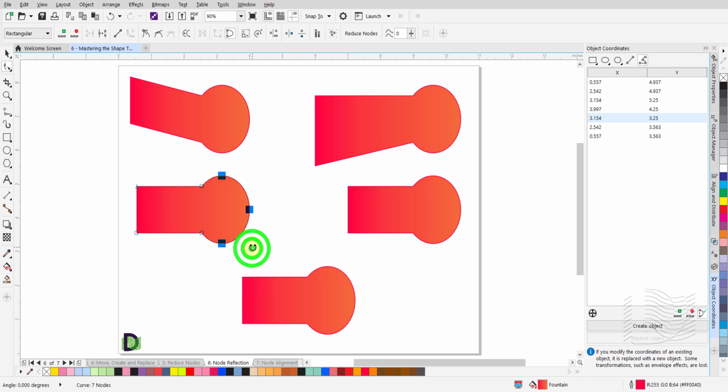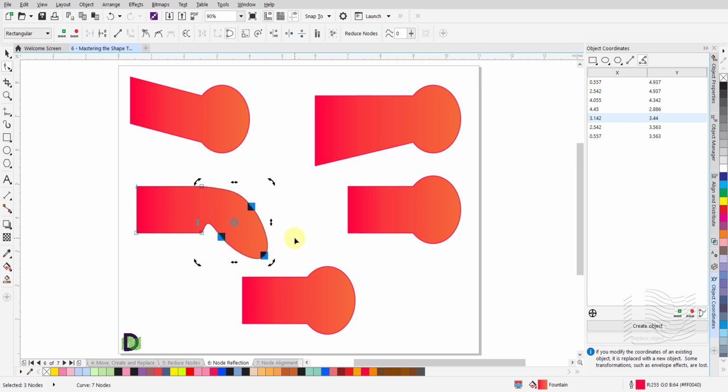Grab one of the rotation controls with the left click of the mouse and move your mouse to turn the rotation clockwise or anti-clockwise. Release the left mouse button when done. Now, click and grab one of the horizontal skew controls and move the mouse left or right. And release the mouse button when done. Similarly, you can grab one of the vertical skew controls and move the mouse up or down to skew in the vertical direction.